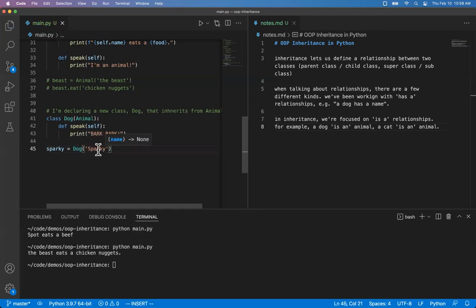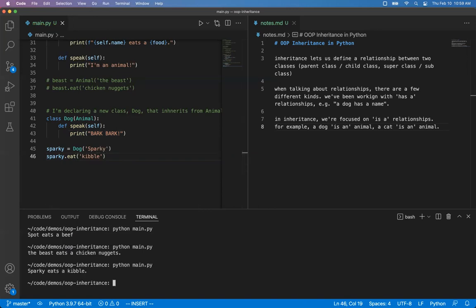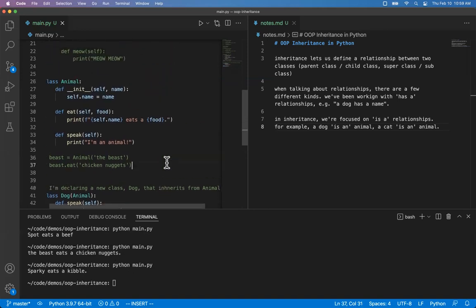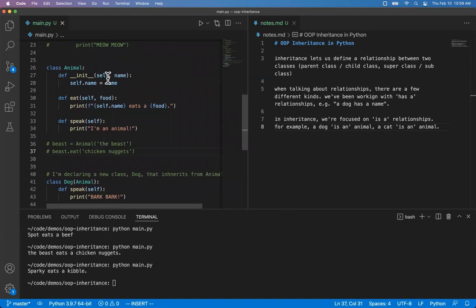So I'm calling the dog constructor, passing in a name for my dog. But note that the dog class doesn't even have an init method. It doesn't explicitly do anything with name. But still, if I try to call sparky.eat, it's going to eat some kibble. Sparky eats a kibble. So he's still able to do all of that animal stuff, the things that are not specific to dogs, but that any animal can do, because it's defined on the animal class, you know, the init method